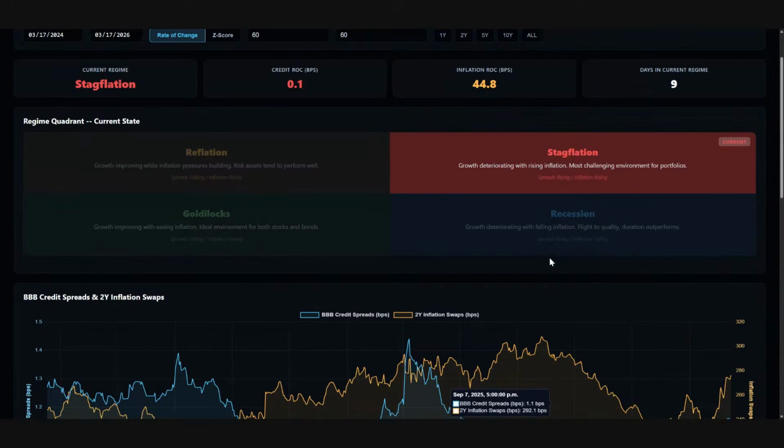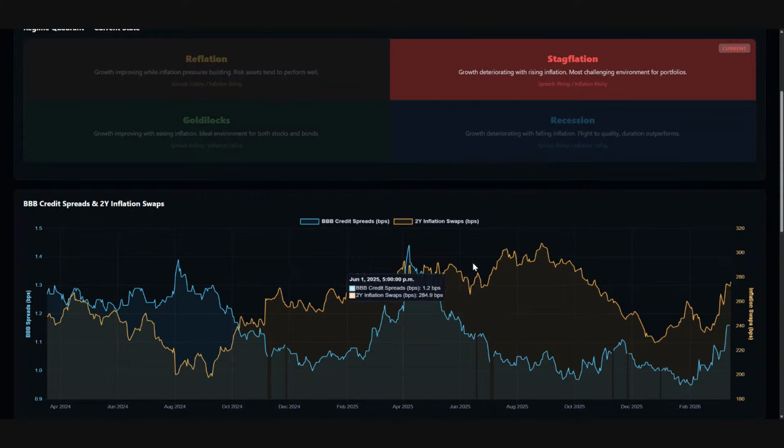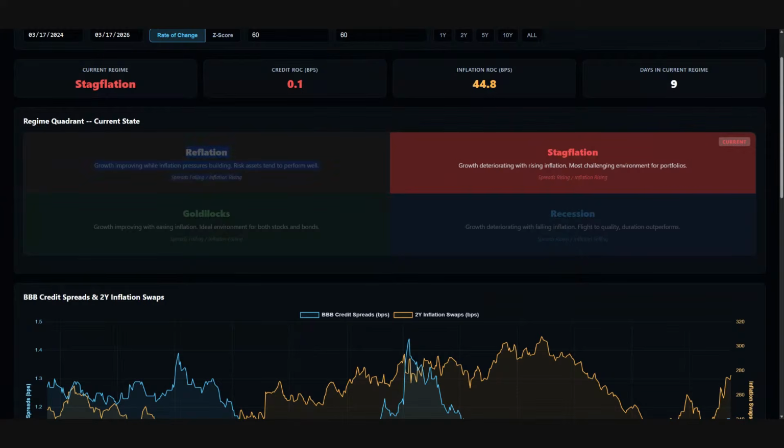When we talk about these four regimes right here, a lot of people are only using economic data to nowcast them, which is helpful if you know how to connect the nowcasts to these, but they're not helpful if you can't connect it to the market. So if you just have a regime dashboard on its own and you don't connect it to the time series and run a basic regression and sensitivity analysis to the actual impact in the market, you could say that we're in reflation or stagflation. And there's even more stuff you have to overlay to get it to actually monetize the returns and trade the market based off of it.